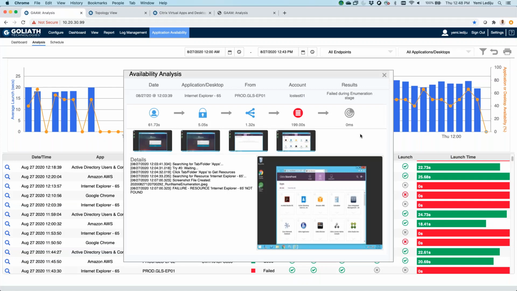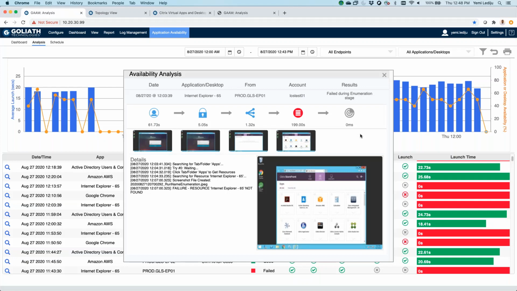So in this case, you can see it fails at the enumeration stage, meaning that whatever application was supposed to be launched was not available on the storefront page. Now, this could be a Citrix configuration issue. This could be an issue with maybe your database going down, so localhost cache is being used. A lot of different factors can impact this. However, the net is the users will not have access to the applications, which effectively means they won't be able to do their jobs. IT now gets a real-time alert, and they're able to get ahead of these